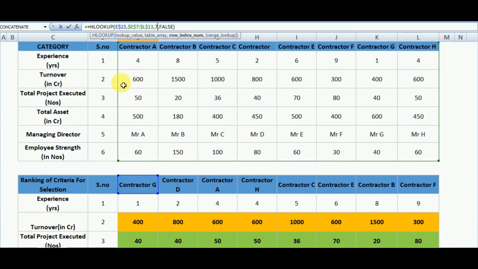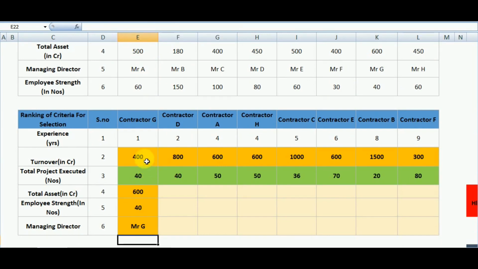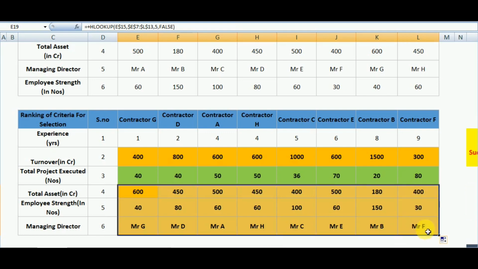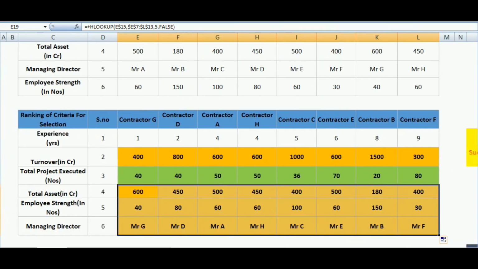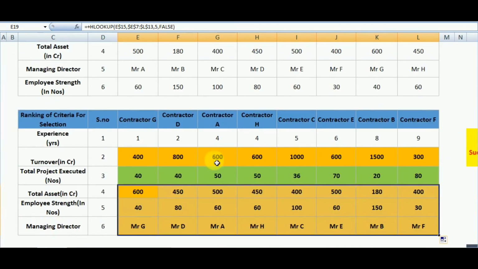Now since we have put a dollar sign before the 15 in the lookup value, our row will not change, and when we drag it horizontally, we will get the desired result. In this way, when we complete the task, you can see if we are implementing a proper HLOOKUP command, it will show that the implementation of HLOOKUP has been done successfully. But still, if any one of you is having any issue, then you can type the password and get the solution and cross check where you are not matching with the formula.